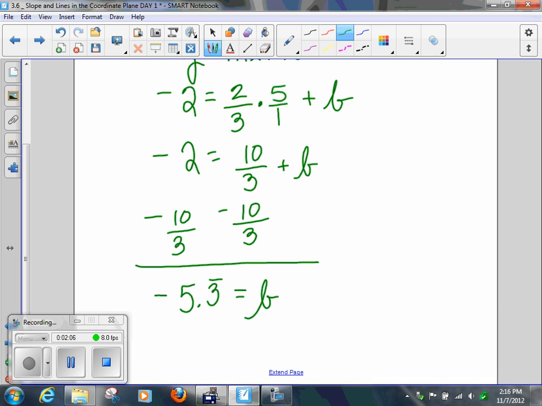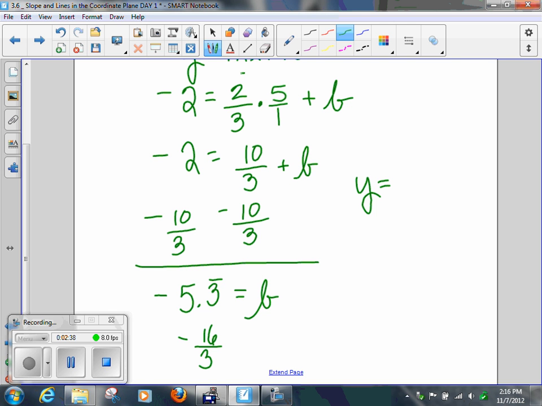If you were to put -5.3, remember that's an approximation, okay? Would you rather have 5.3 million or 5.33 million? 5.33 million. Why? Because it's more money, right? If you're talking about that kind of money, wouldn't you want the greater amount? Okay? So if we have -5.3 repeating or -16/3,